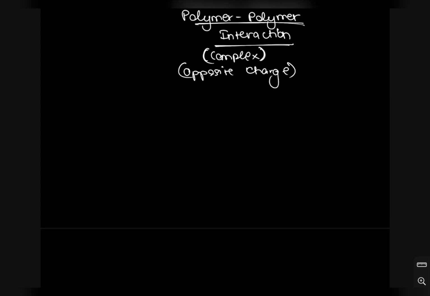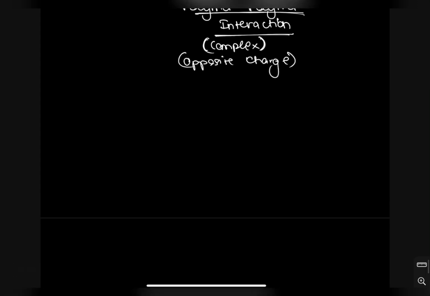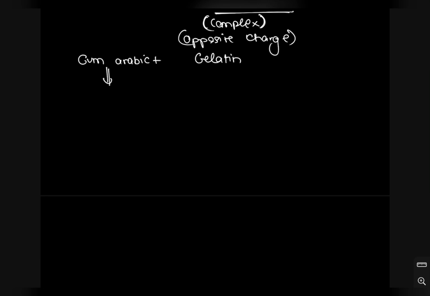The pH can be varied, that is not a problem, but the charge should be opposite. So what we usually take as an example in such cases is the example of gum arabic plus gelatin. Okay, so gum arabic, and gelatin, the isoelectric point of gelatin, that is when it is a neutral species,